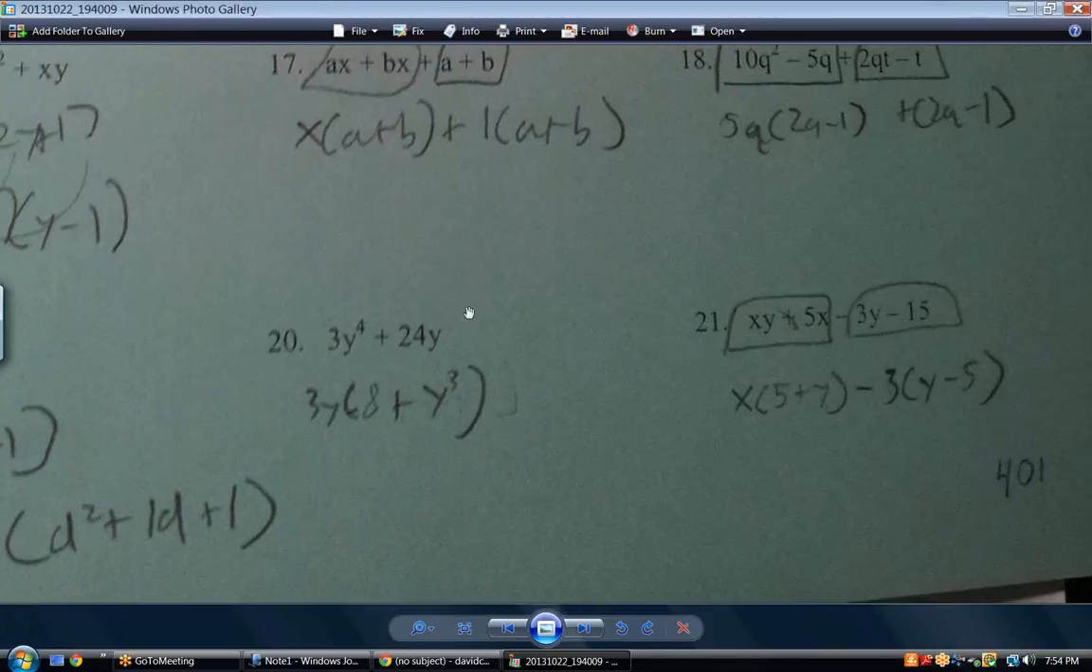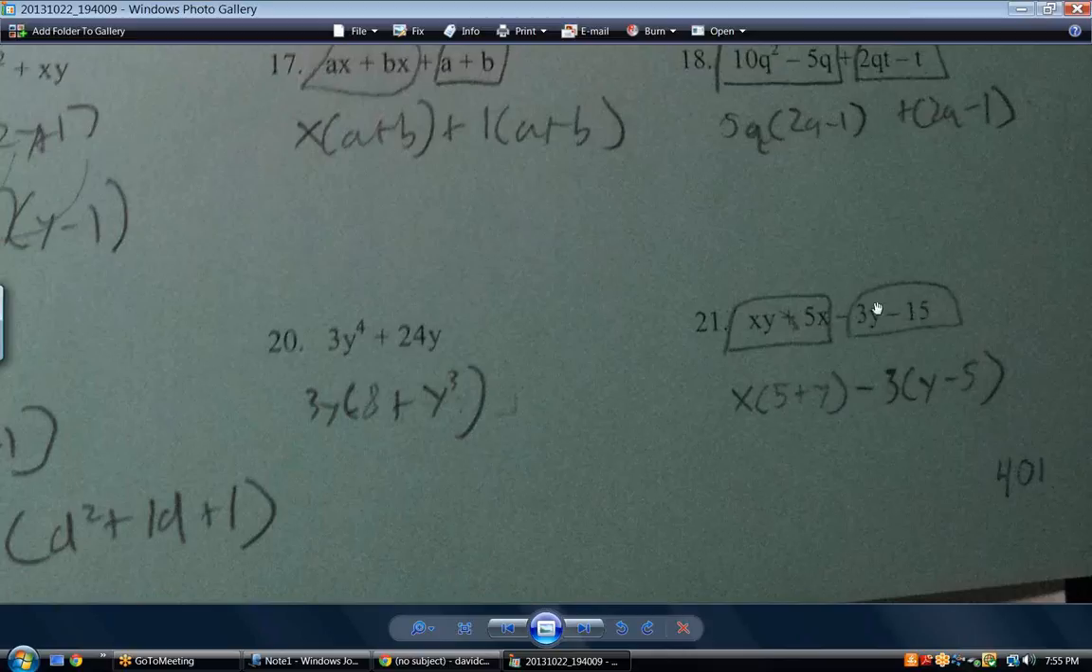All right. Number 21. Let's see. What is that? We factored out an x to leave 5 plus 7y. 5 plus y, okay. And minus,